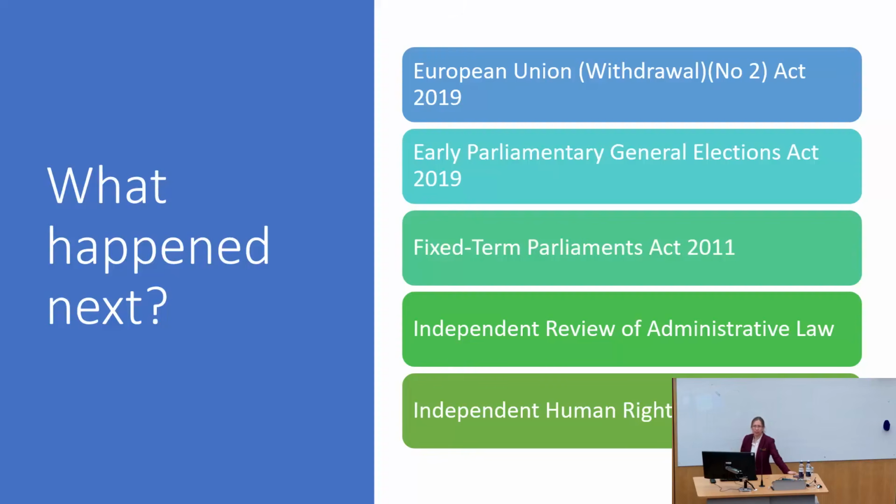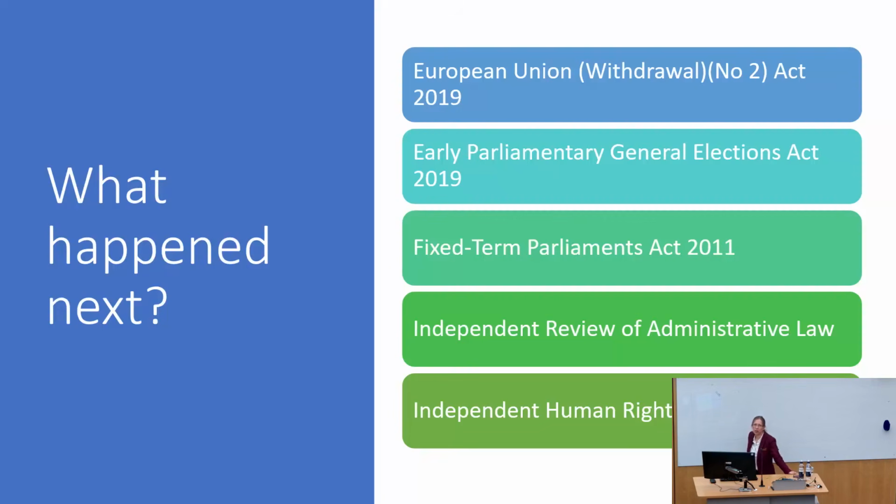Well, he tried, and he kept not getting the 2/3 he needed. So he couldn't end Parliament and get an early general election. So he kept calling it the zombie Parliament. We're not doing anything. We're all stuck. What's going on? Something's got to change. So instead, he enacted or initiated the Early Parliamentary General Elections Act 2019, which is how you got your general election in 2019.